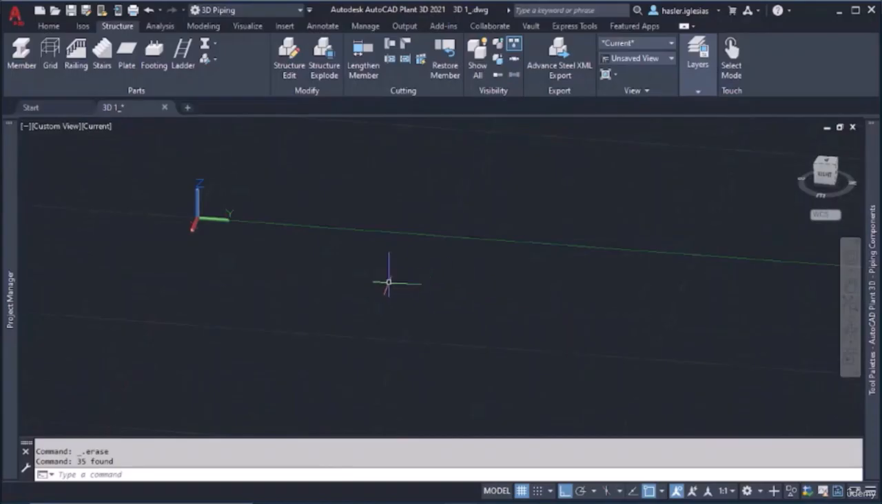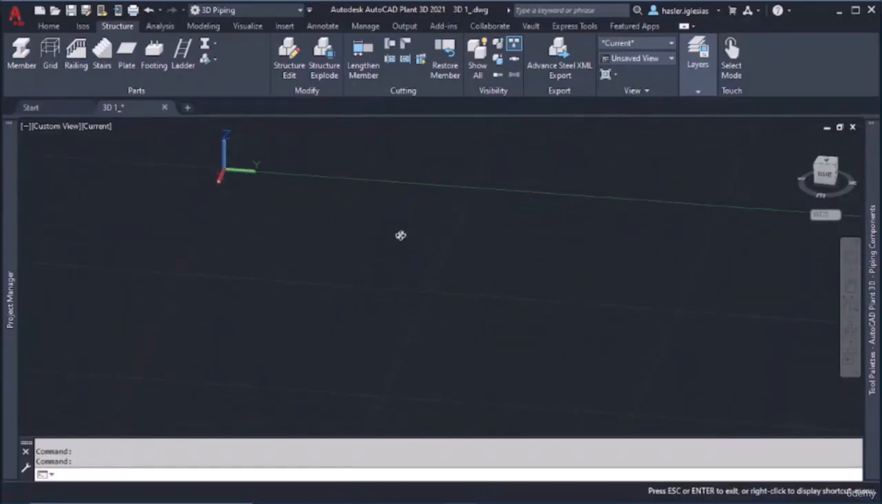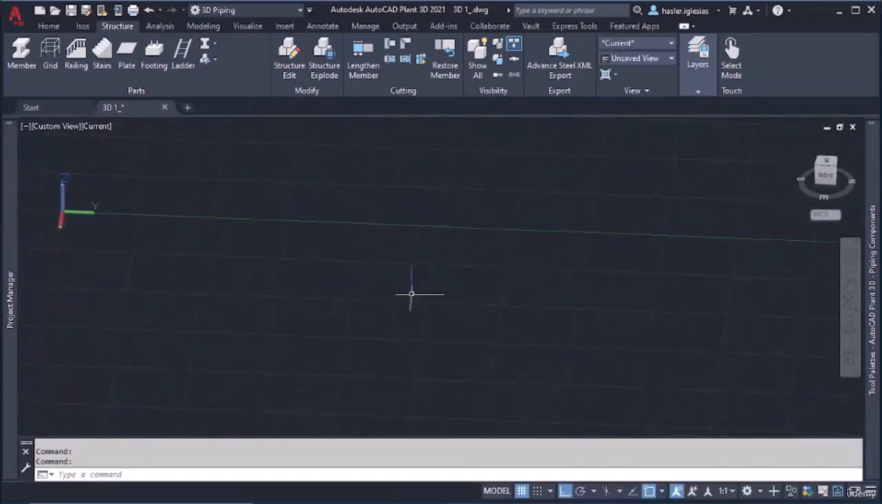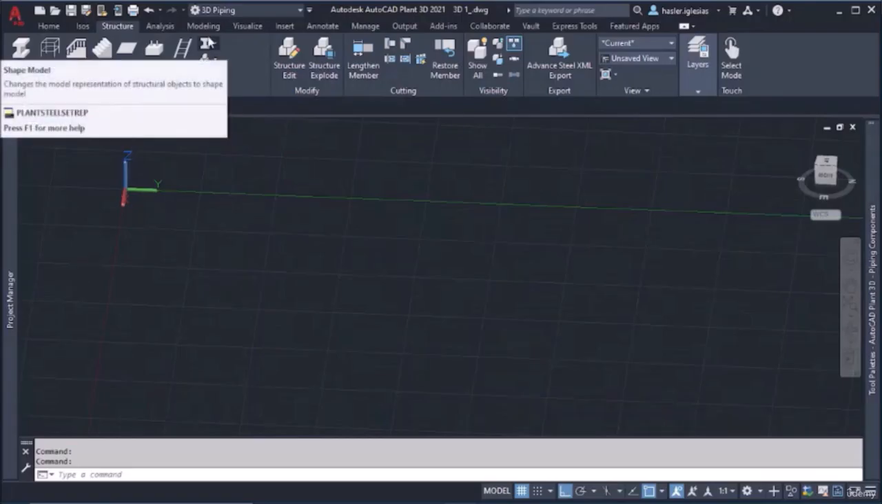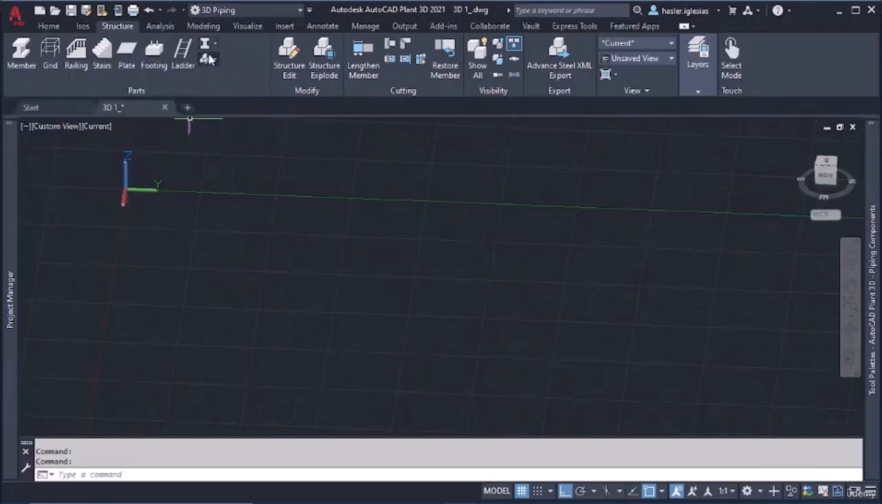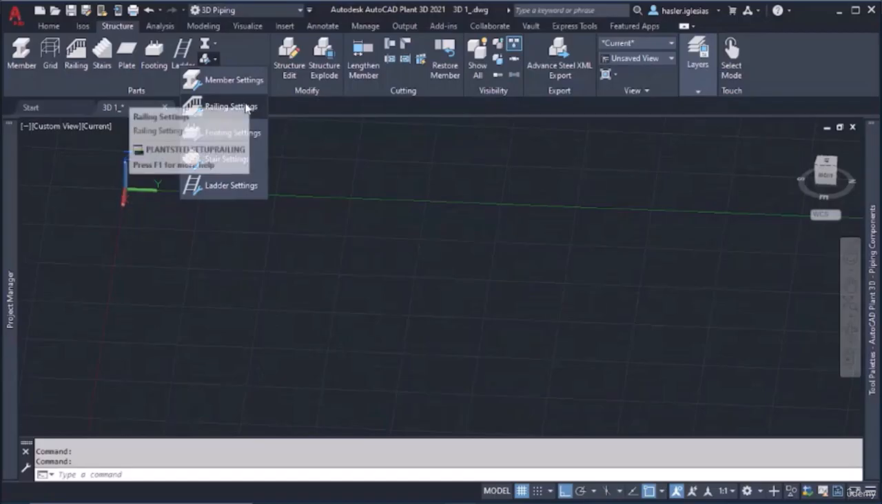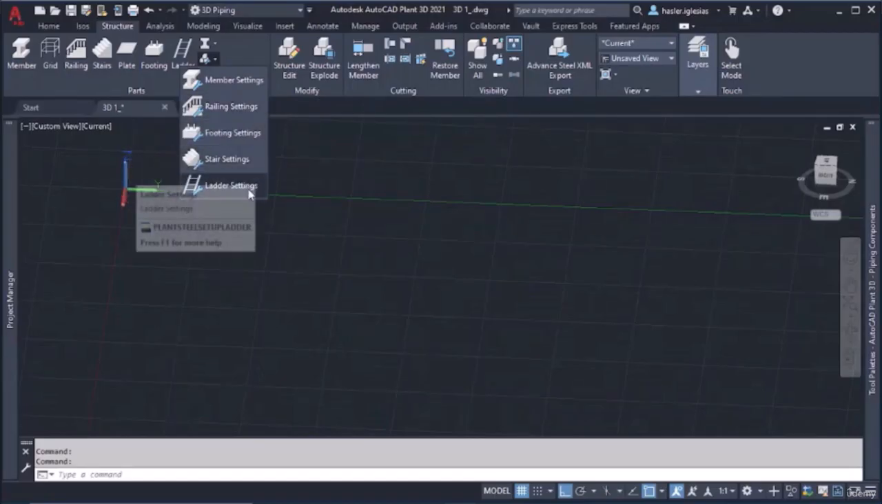in order to have more space. So when we talk about structures, we have these 7 things: members, grids, railings, stairs, plates, footings, and ladders. But in addition, we have these 2 little buttons here, shape model and structural settings. And in structural settings, I can change member settings, railing settings, footing settings, stair settings, and ladder